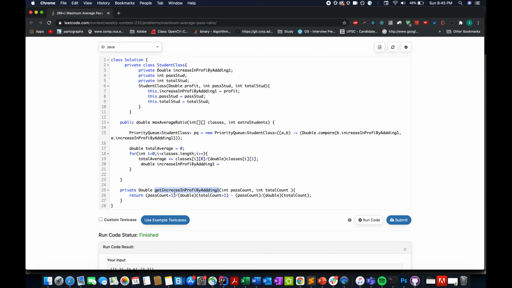So this method gives us delta increase in profit if we add one more passing student, and let's call this on these two variables.